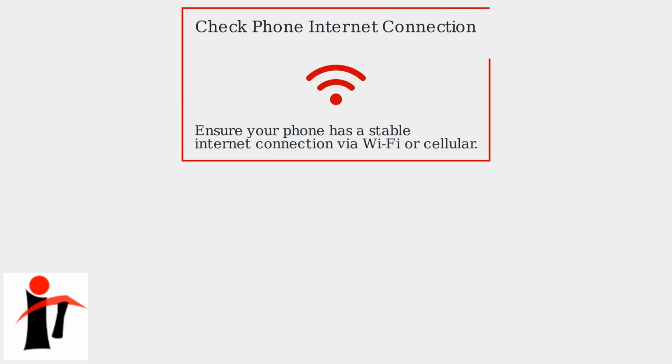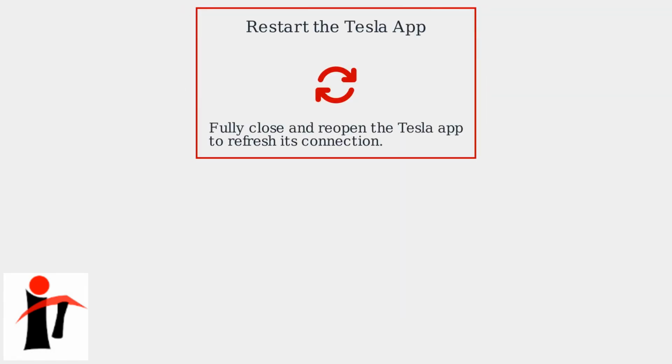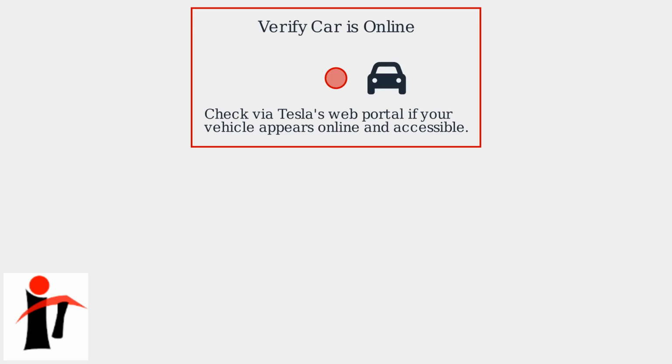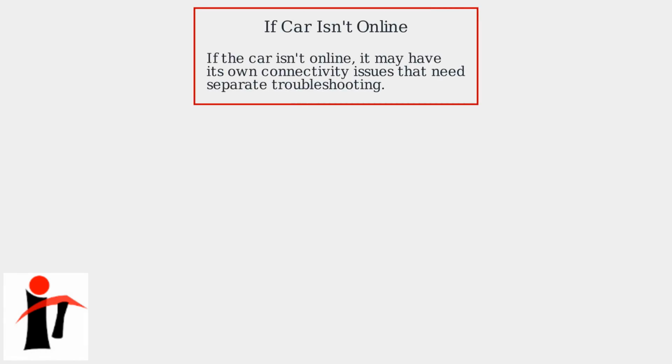Before diving into advanced steps, start with basic connectivity checks. First, ensure your phone has a stable internet connection, either through Wi-Fi or cellular data. Next, restart the Tesla app by fully closing it and reopening. This refreshes the app's connection and can resolve temporary glitches. Then, verify that your car is online by checking Tesla's web portal. Log in to see if your vehicle is listed and responding. If your car doesn't appear online, it might have its own connectivity issues, such as network problems or hardware faults,